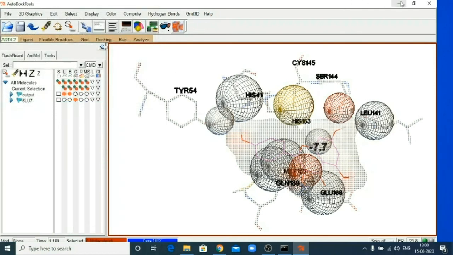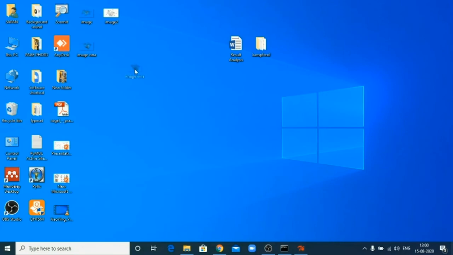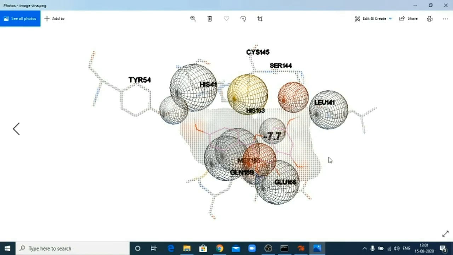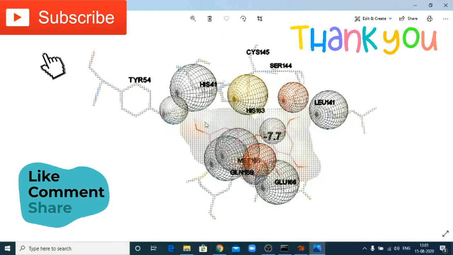Close. Let me check. Okay, so this is my Vina image. So you can see we have generated the required image that is showing all amino acid residues interacting with the ligand kaempferol.